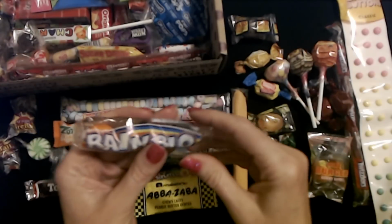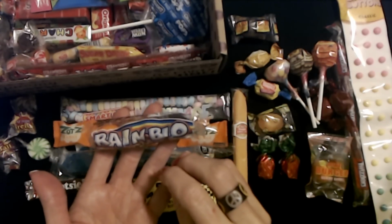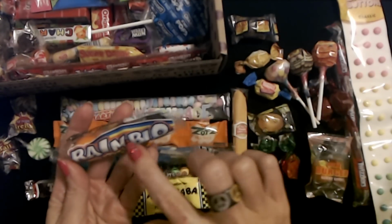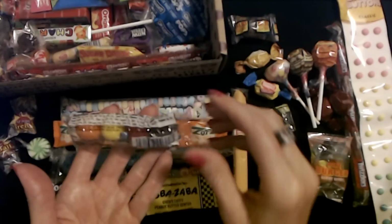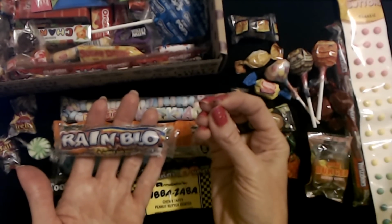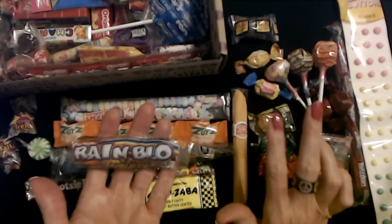Oh, no way. Rainbow bubble gum. Oh, I remember biting into these. Rainbow. Remember you could get the big long thing of them? There were like 12 in there, just like this long. So it has the bubble, it has the rainbow on it. It's bubblegum balls. You get 4 in this little bag. You get orange, lemon, cherry and grape. And they're hollow inside. It's a gum ball, kind of like the double bubble. They taste really good for about 2 seconds. But during that 2 seconds, they taste